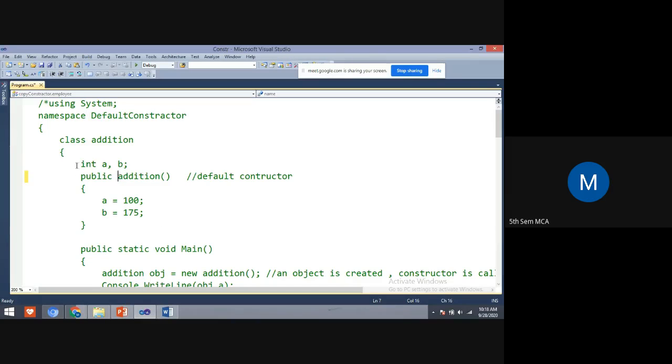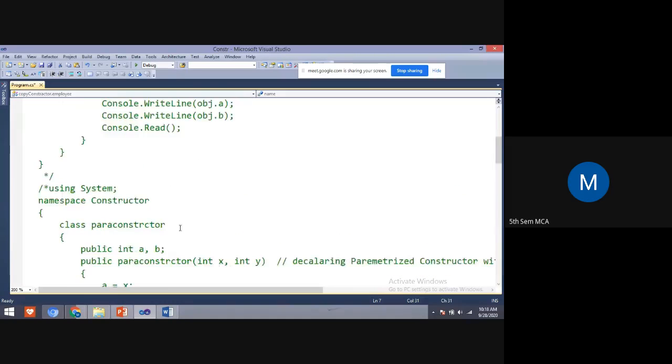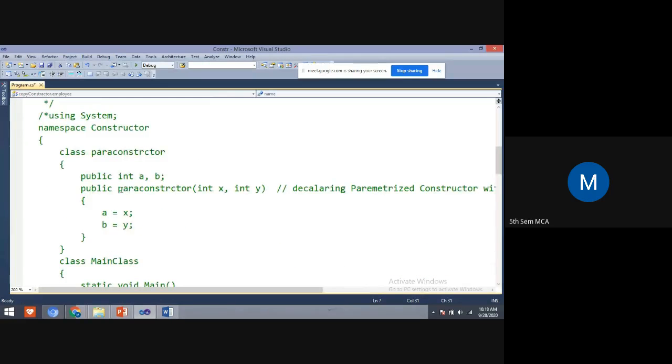So this is a default constructor. A constructor will have the same name as the class. This is a default constructor. And here we have one more constructor, that is a parameterized constructor.